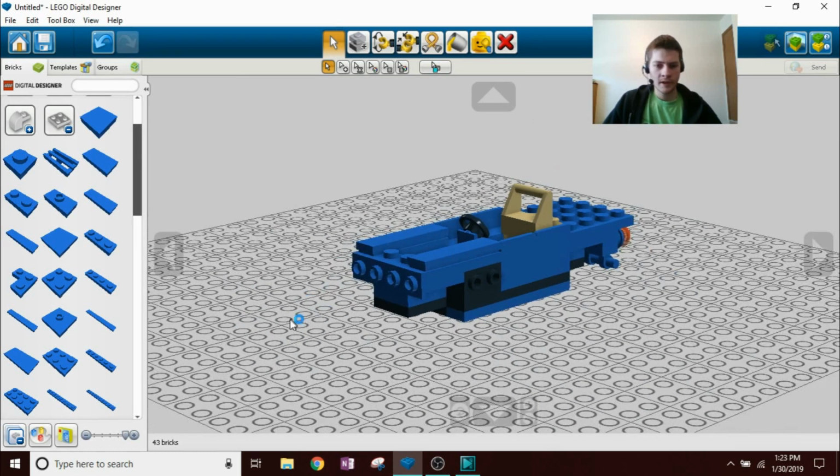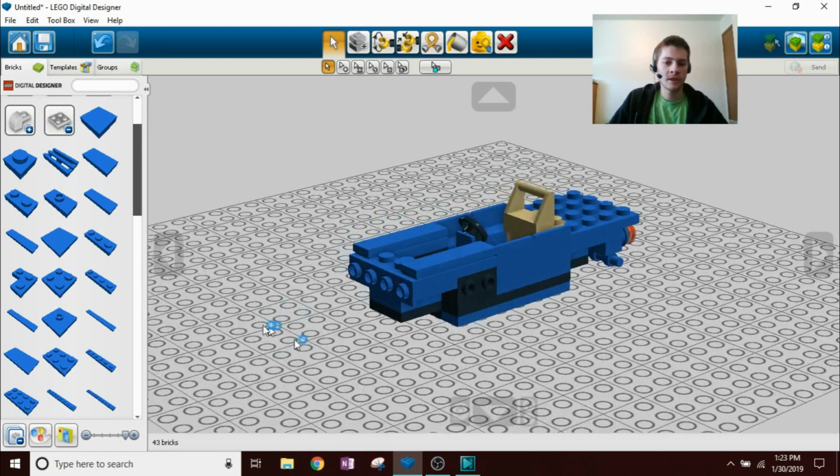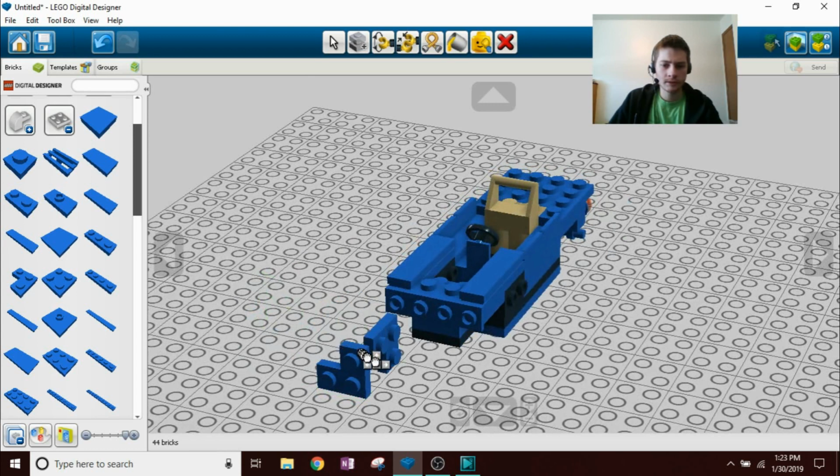Alright. So the next part of the model is the front bumper, and with that we're actually going to have to do a technique I call submodeling, which is where you start to build something apart from the rest of the model and then you put it in place all together later. So let's do that. The front bumper consists of two of these 2x2 corner